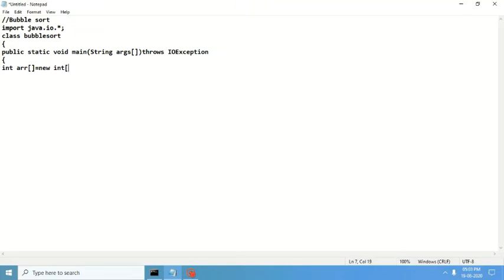Now I will be writing BufferedReader and InputStreamReader, because I have to enter the elements. InputStreamReader ISR equals new InputStreamReader(System.in).